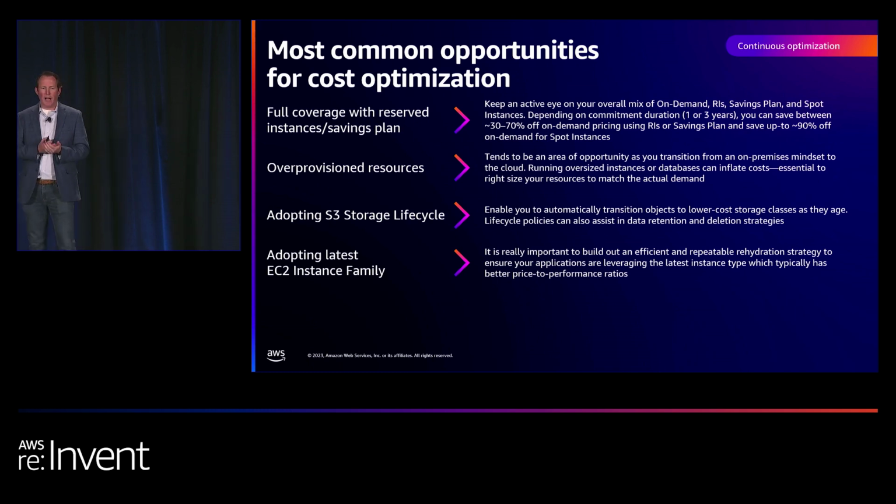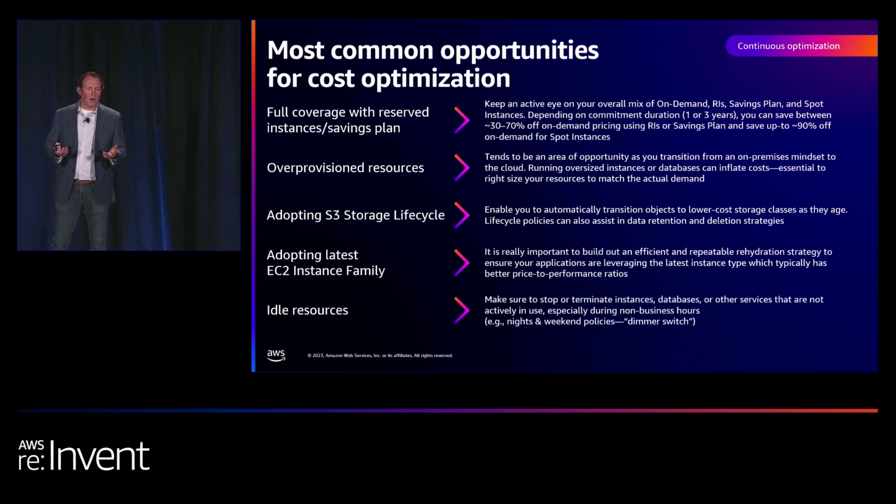Sometimes people aren't rehydrating their instances with the latest images and the latest EC2 dynamics. Think about this balance between rehydration and using the latest technology from AWS. Just because you moved to the cloud doesn't mean you don't need to maintain and continue to modernize as you go through it. So that's one there. And then the last one is just resources that aren't used.